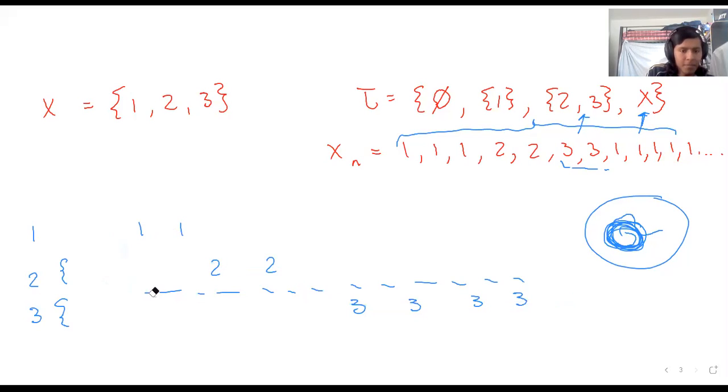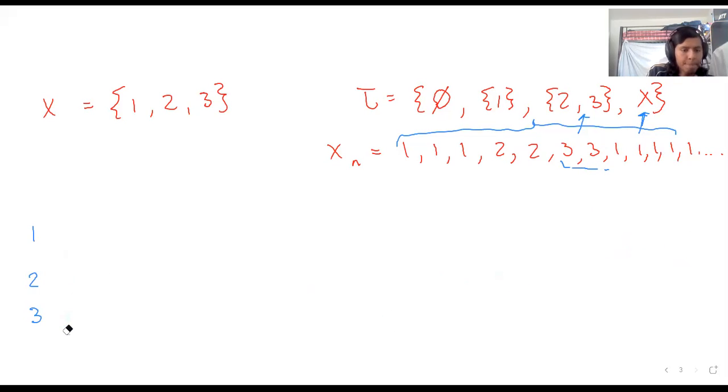So allow me to erase these. Our range will only be 1 because we are checking for this one because it contains 1. And we see the pattern is 1, 1, 1, 2, 2, 3, 3, 1, 1, 1, 1, definitely.